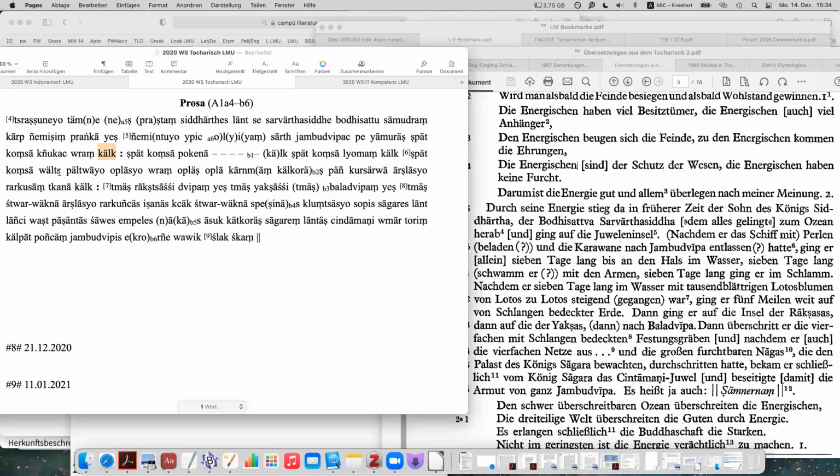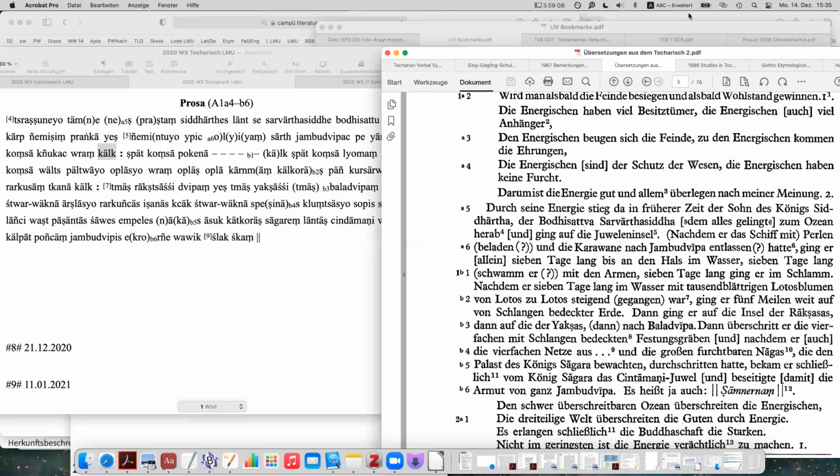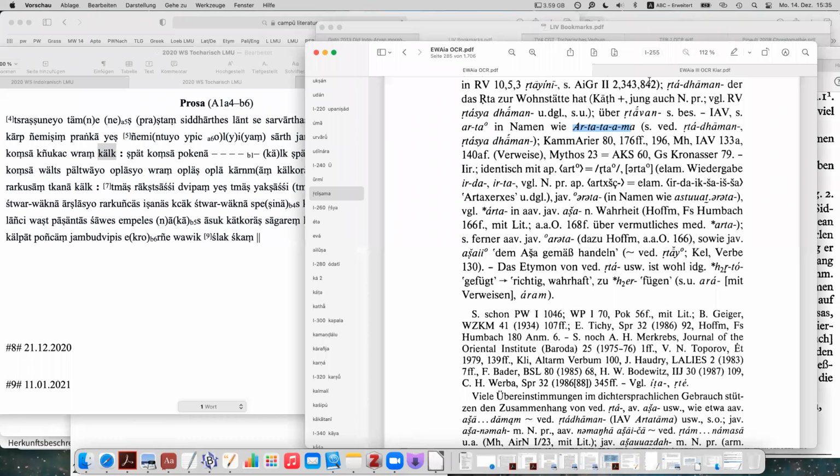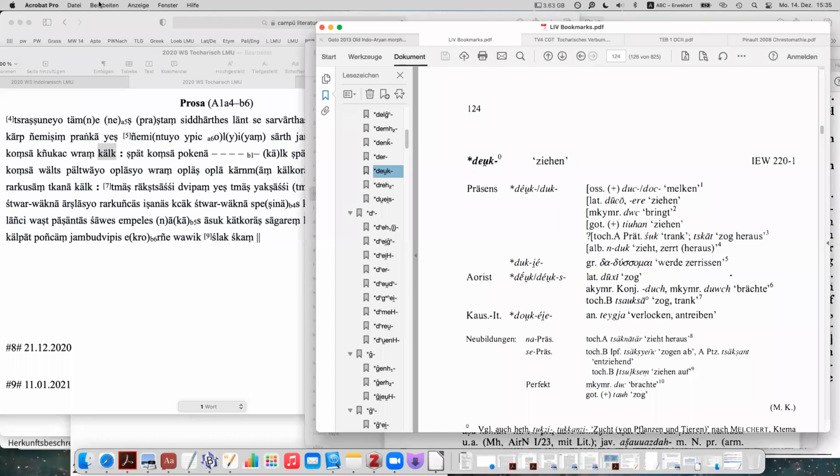And then another 7 days, he walked in water, but in this water, or in water in the sense of lake. And in this lake, we have oplas. Okay, so oplas is actually lotus. Oplash. Okay, opper. If we check the dictionary, I think the form is opla. We can check it. Wait a minute.